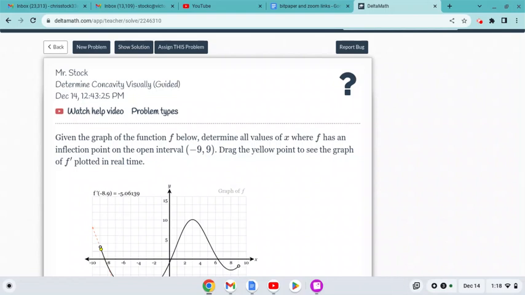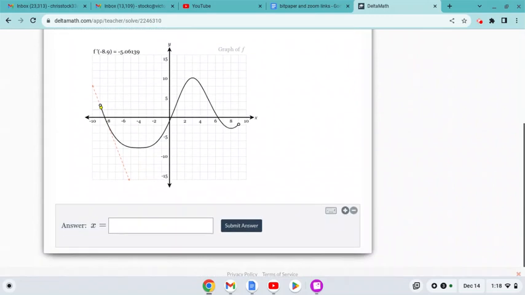Hello, once again, AP Calculus. In our Delta Math assignment, there is a determine concavity visually guided question. I just wanted to walk through that with you. This question is asking me